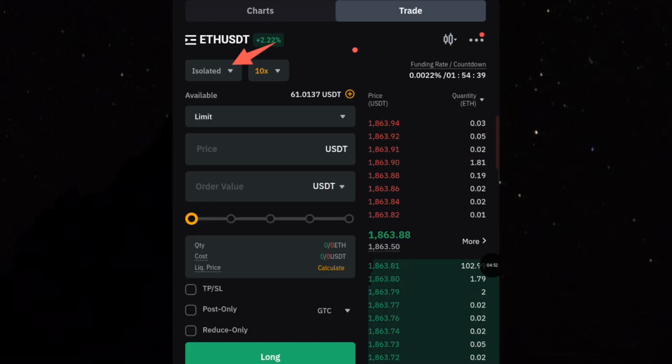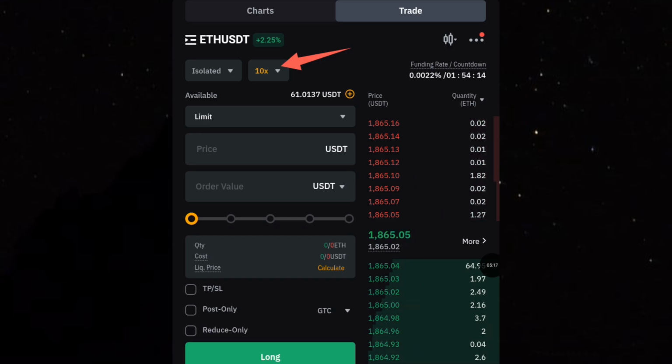Next step is to make sure that this place is on the particular leverage you want. So as a beginner, I would advise you to use 10x leverage. Leverage simply means you are borrowing money. So I'm going to explain what leverage means. Leverage simply means you are borrowing money. So I have 61 USDT. I want to use 10x leverage. It means